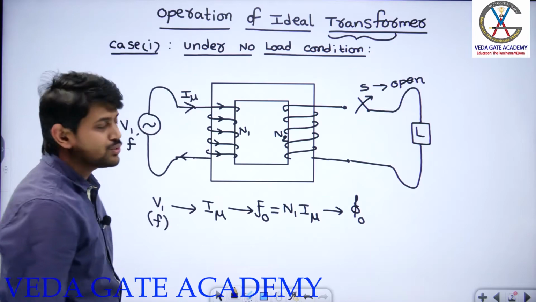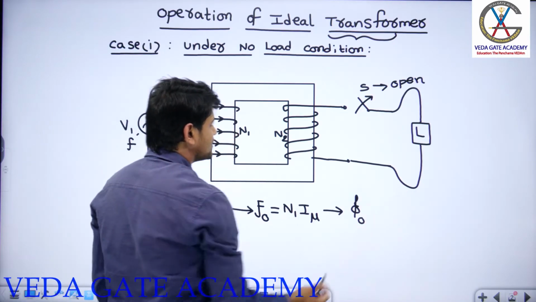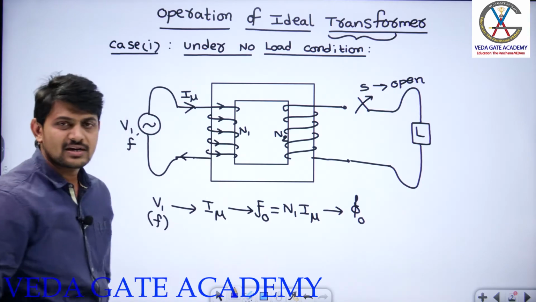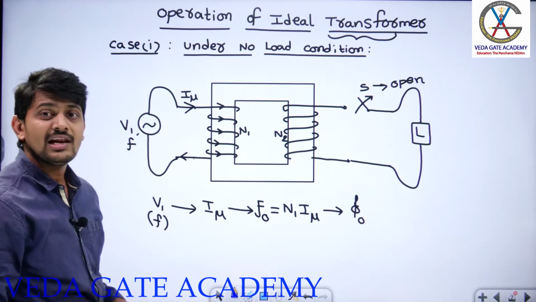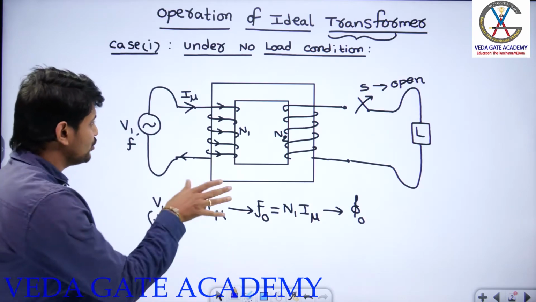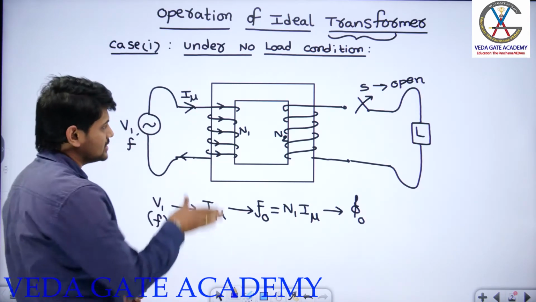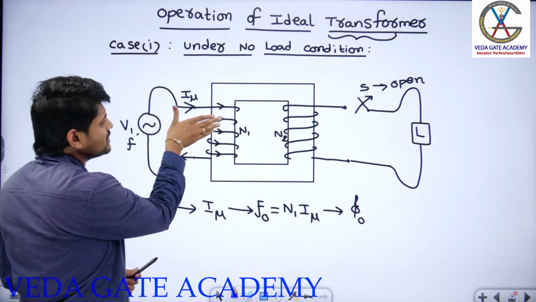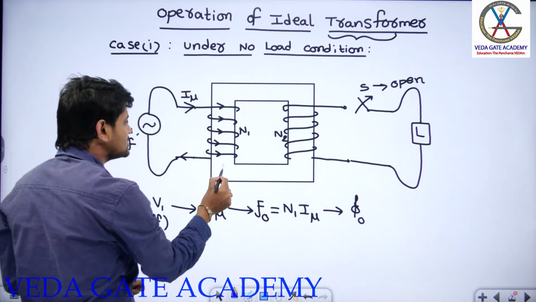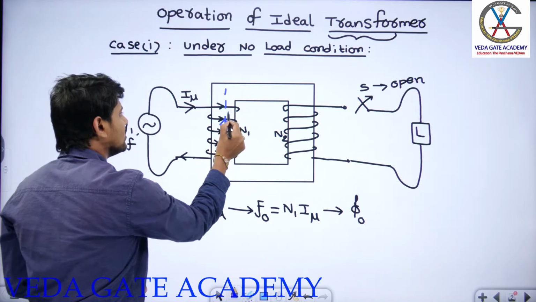Now, can you tell me how to determine the direction of flux lines? The direction of flux lines will be obtained by using the right hand thumb rule. Here, is it a group of conductors or a single conductor? These are a group of conductors, nothing but a winding. So whenever you are dealing with a group of conductors, use the four fingers of the right hand to represent the direction of current, whereas the thumb represents the direction of flux lines. Now if I hold this core with four fingers in the direction of current, is my thumb showing upward or downward direction? Upward direction. So the flux lines are going to be projected in the upward direction.